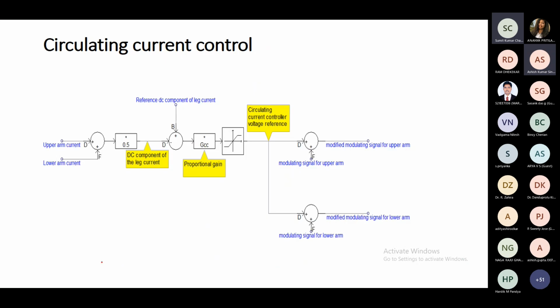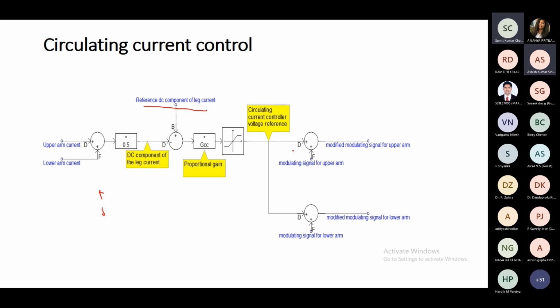So that's the block diagram shown here. We take the upper and lower arm current. If we add them together, it cancels out the AC current as they go in opposite directions. So if we add the upper and lower arm current, the AC component of the current in the arm gets cancelled out, and then we multiply by 0.5, we get the DC component of current. And that current reference we want to make as constant as possible, as ripple free as possible. That's why this reference DC component of current is given from here, and that finally generates a signal. So that is finally a voltage which is added to the modulating signal for both the upper and lower.